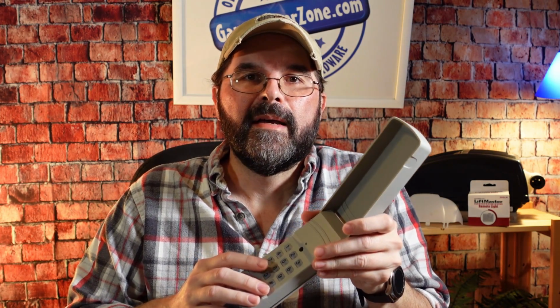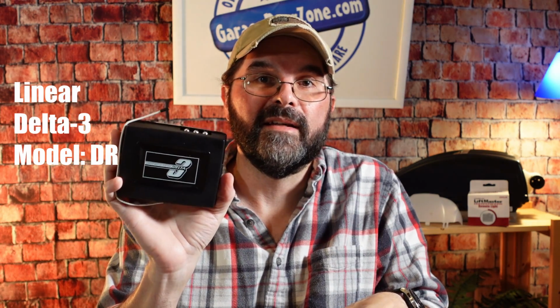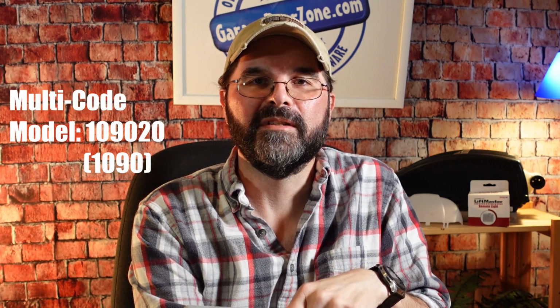That being said, let's get on to programming. So the Dolphin wireless keyless entry is compatible, like I mentioned earlier, with the linear Delta-3 DR radio receiver and the multi-code model 1090 radio receiver. You can program your own personal 4-digit PIN number into the keypad to operate the door, and it runs on a 9-volt battery. Now your radio receiver, if you have the Delta-3 or the multi-code, they use dip switches for